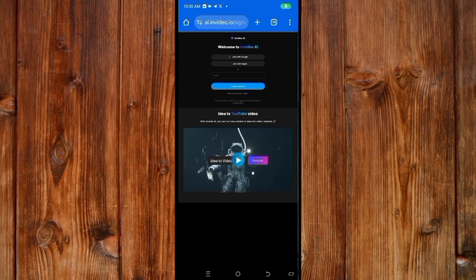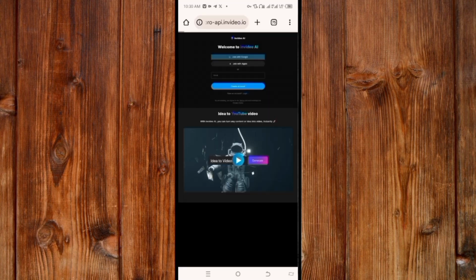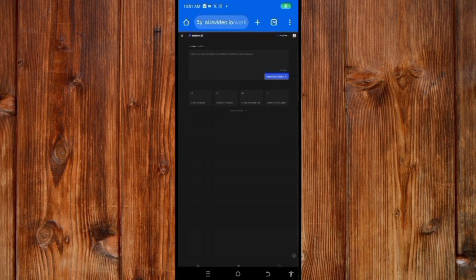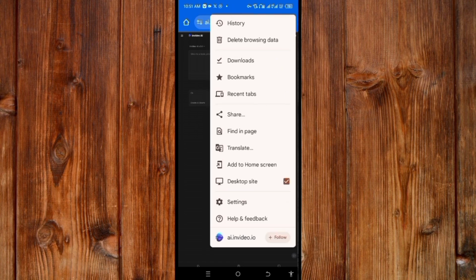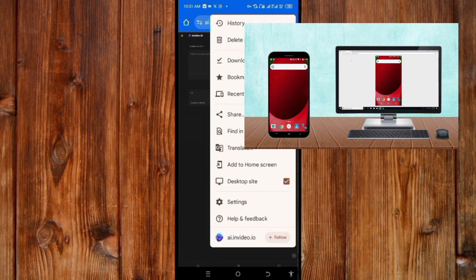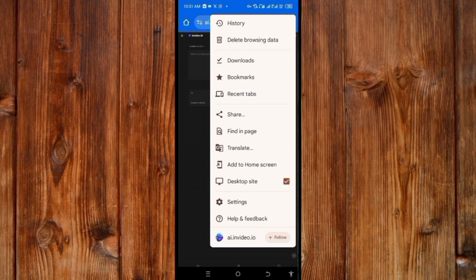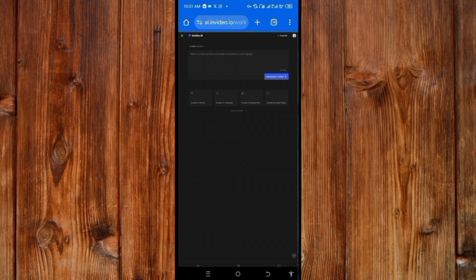Now the second one is how to use the website platform. You know, at the first it redirects me to the app which I have downloaded. Now here I will show you how to use the website. Now just sign up using any email of your choice here, but here I will use Google. Also here I am using the desktop mode. Here you can see it. I changed my smartphone browser into desktop mode by clicking this desktop mode, and also here you find